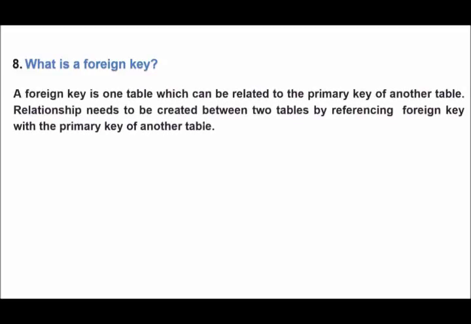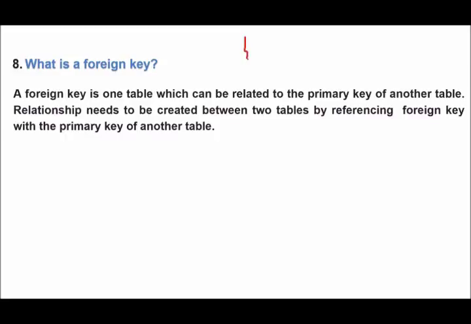Let me explain. A foreign key is a column in one table which can be related to the primary key of another table. So a relationship needs to be created between two tables, and we use referential integrity here, referencing the foreign key with the primary key of another table.